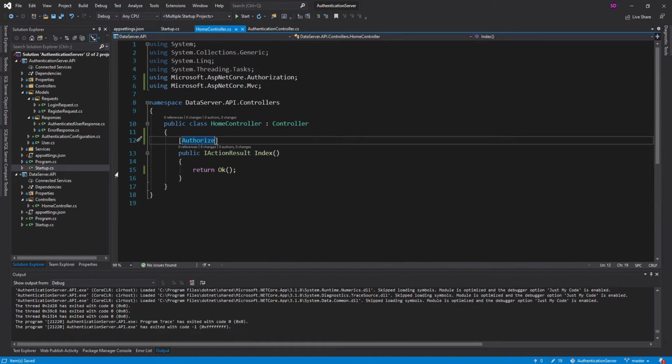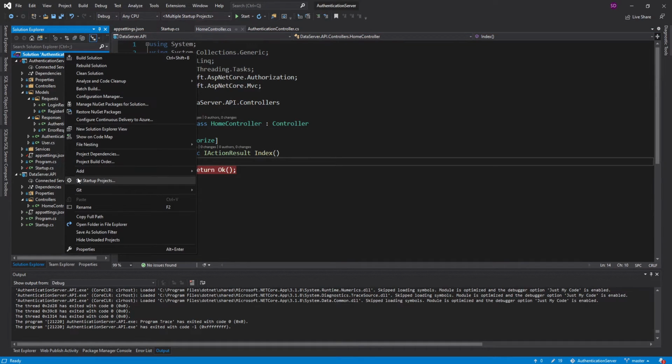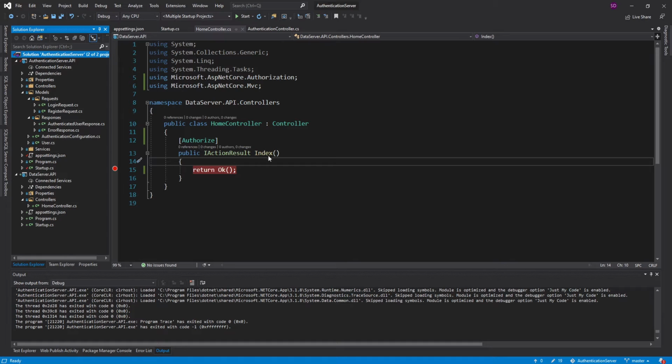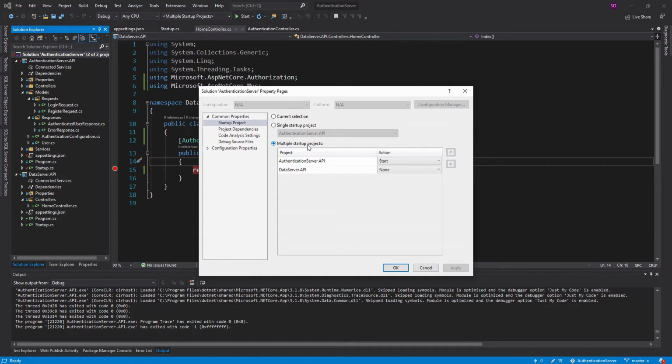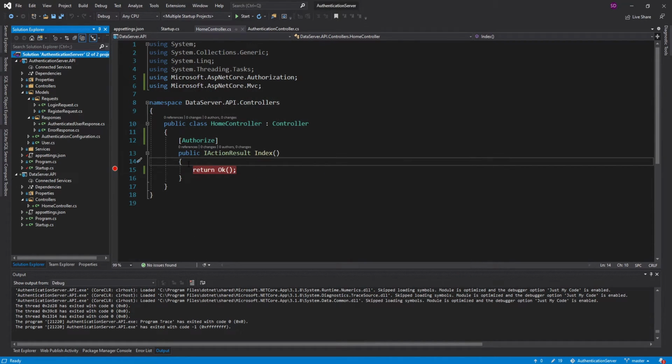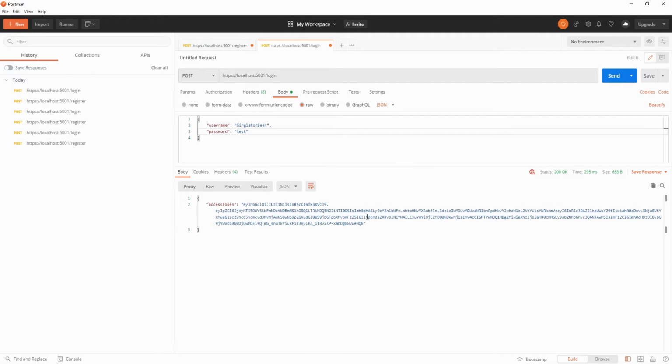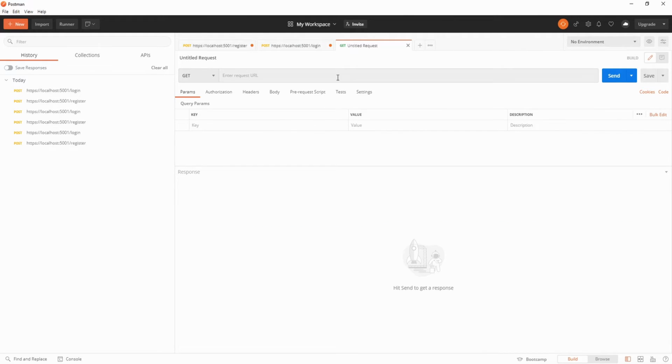So let me put a breakpoint in my controller that requires authentication, and I'm going to start both of these APIs. So to do that, if you guys aren't sure, you can come to your solution, set startup projects, and you can choose multiple startup projects, and I need to change this to start. So make sure you start both APIs. Let's apply that. Alright, register, log in, get our access token, and let's set up a request to our data